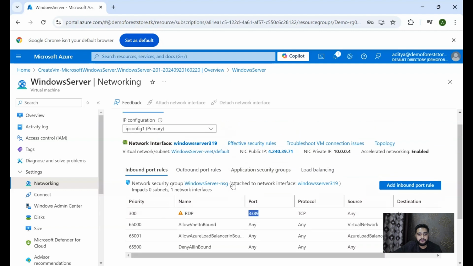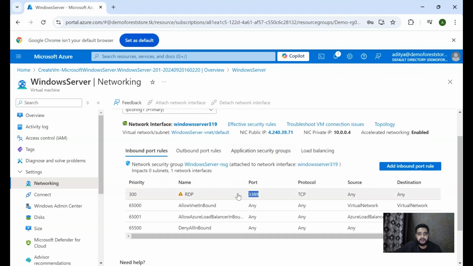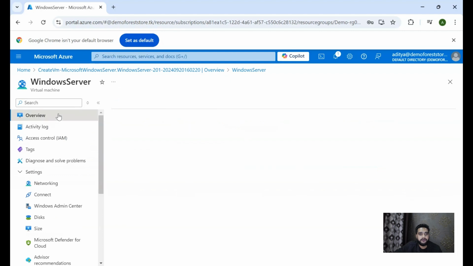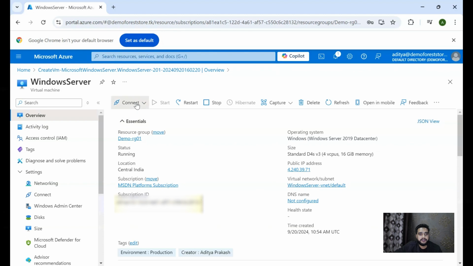For Windows virtual machines, RDP port 3389 is used to access the virtual machines. And since we have the public IP associated with this virtual machine, we will be accessing this VM over the internet. Now, we'll go to the overview page and click on connect.